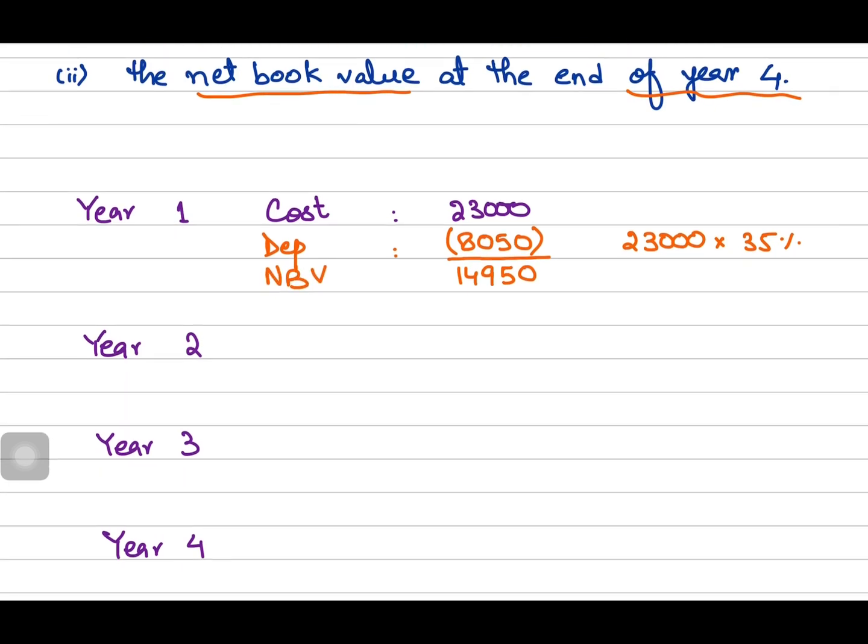Now I am in year 2 and again I have to apply depreciation at the end of the year. So, how will I apply depreciation now? Not on this cost, no, but on this net book value. So, 14,950 multiplied by 35% will give me a value of 5232.5, so you just round it off to 5,233. Now, we will subtract this depreciation from the net book value, so that we arrive at the net book value at the end of year 2, and that would be